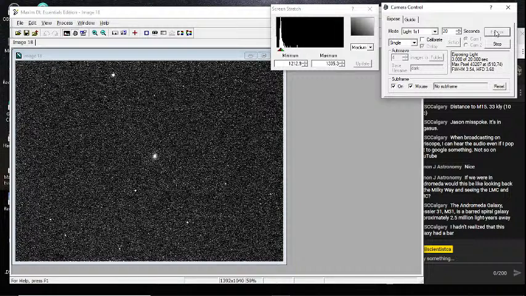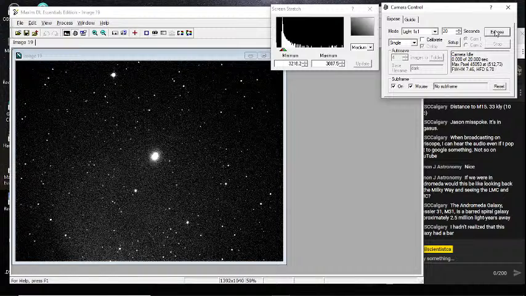So while we're waiting, M32 is a satellite of M31. Large galaxies tend to collect other galaxies, so they do have satellites. M32 is the one that is quite visible. It was apparently more visible than M110 because Messier got to it before 110. There we go.